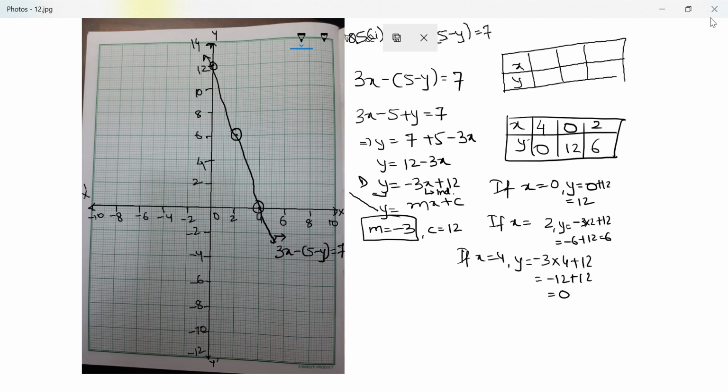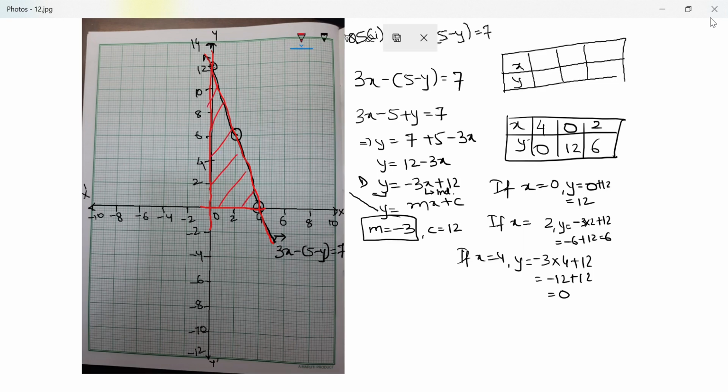It says find the area of the triangle enclosed by the graph. So the area of a triangle, I can see a triangle here. Let me change the color. Area of the triangle enclosed by the graph and coordinate axis. So this is my graph and the coordinate axes are this and this. Any area which is enclosed by the coordinate axis and the graph, yes, this is the area, right?